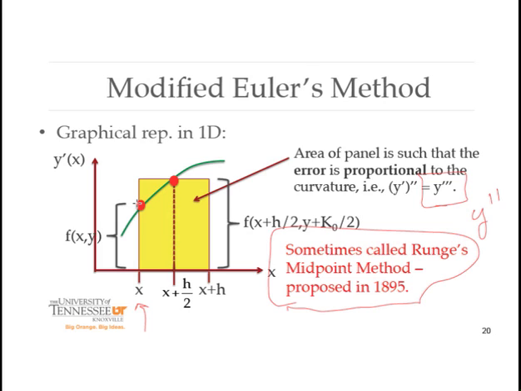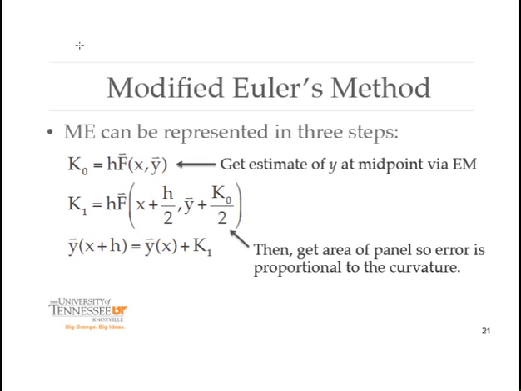Okay, so again, this is modified Euler's method, and it actually is computed in 2 steps, which we'll see in the next slide. So if we go to the next slide, you can see modified Euler's is this particular approach. You get the K0 term, you get an estimate of y at the midpoint by Euler's method. All right, so we get this by just h times the right-hand side, and then we go ahead and then